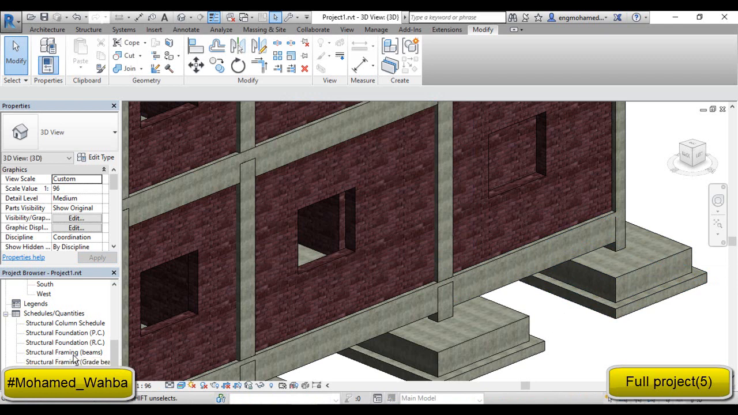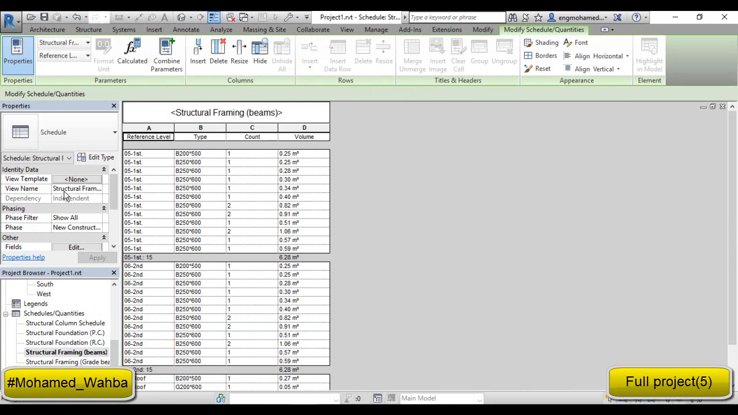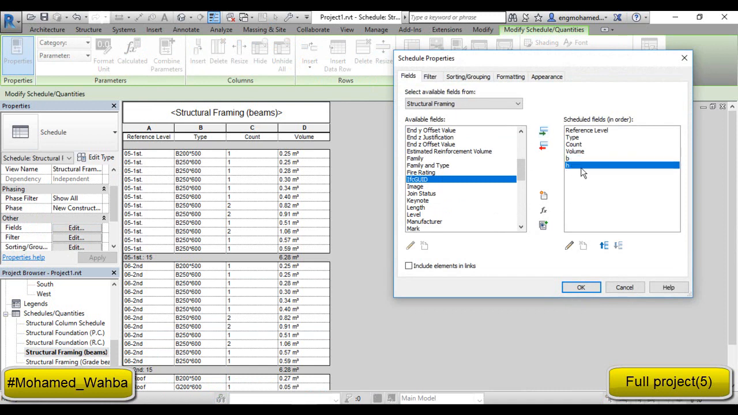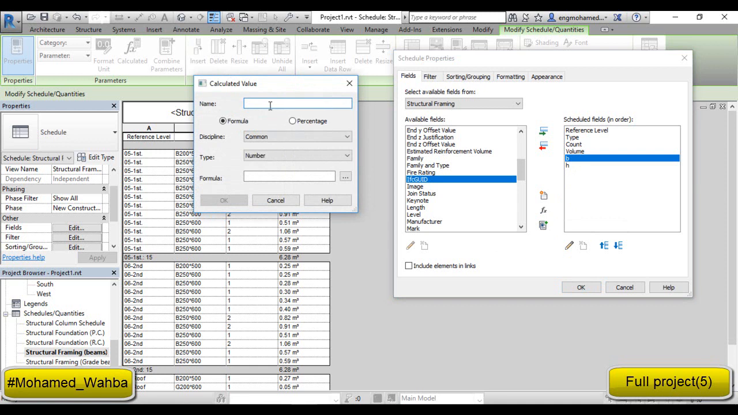If we open the same schedule of my beams, you can see in the available fields B and H, because we made them shared parameters in my structure. So I will select B and H. To create the parameter of my beam, we can choose add calculated parameter. For example, I will title this equation beam parameter,